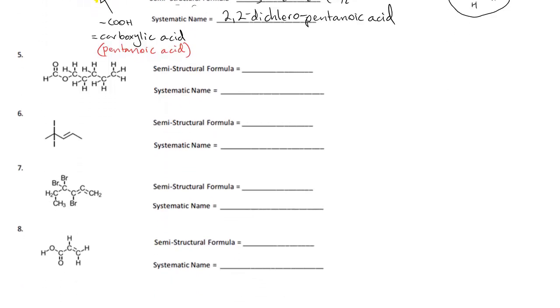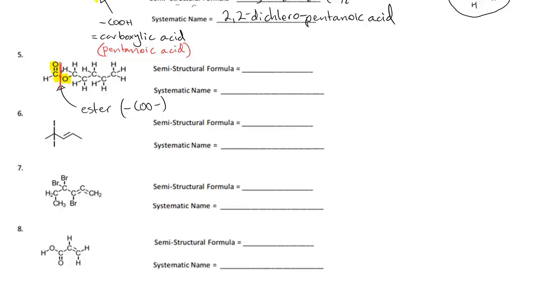So, this molecule here, it has a functional group right there. Now, don't confuse this for a carboxylic acid. This is not a carboxylic acid functional group. This is actually an ester. Ester functional group. Now, what we do with ester functional groups is we have to cut it up